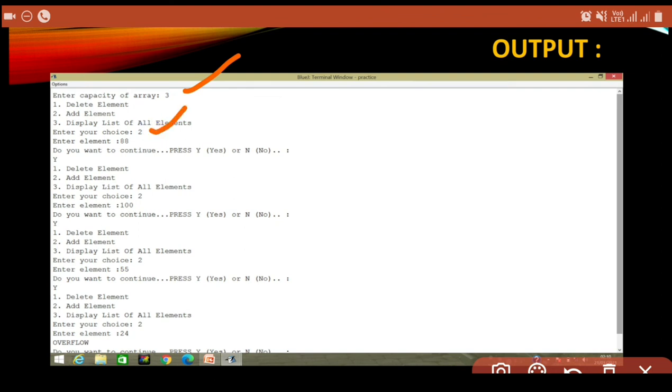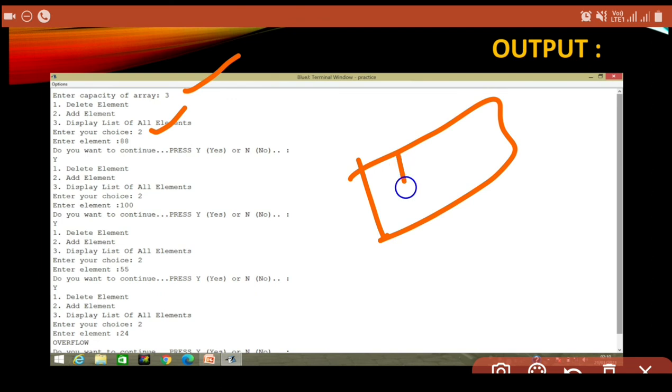The user provides 2, means the user wants to add an element in the array, which has capacity 3. The element is inserted, means 88 is inserted here, and again it asks whether you want to continue, yes or no. If yes, then choice is 2. Again we want to add an element, means the element is added here,